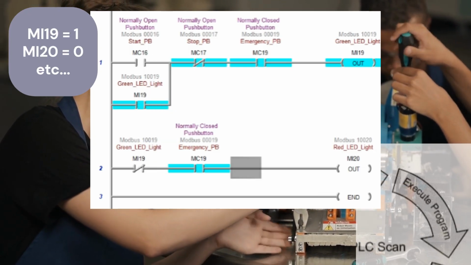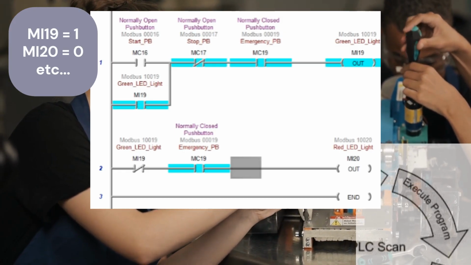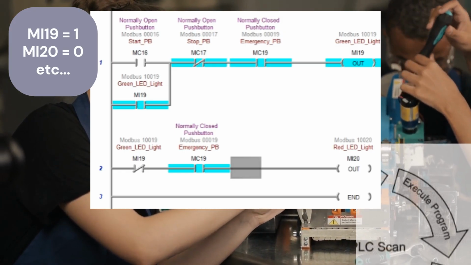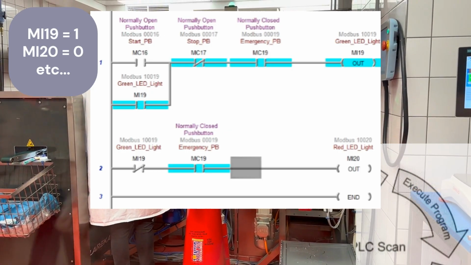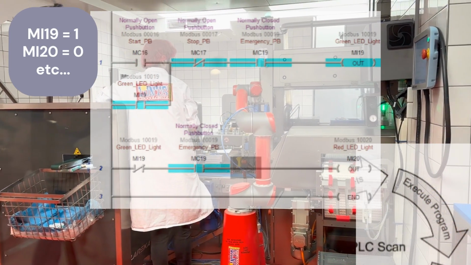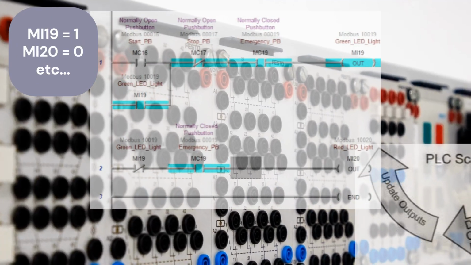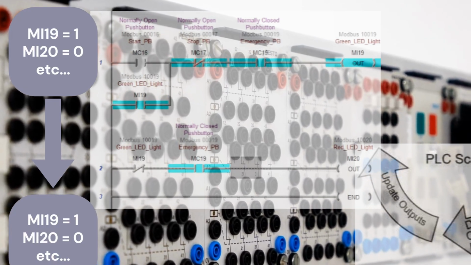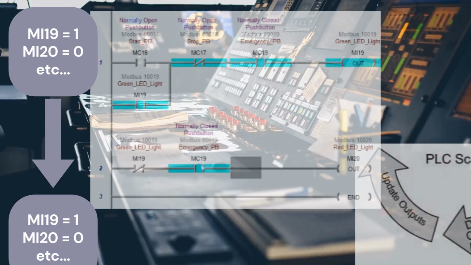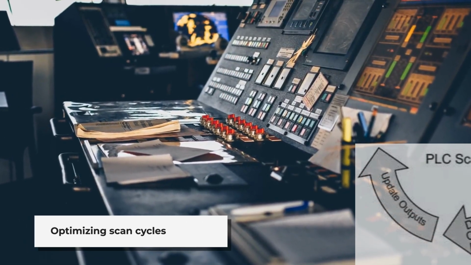As mentioned, when solving the logic, if any of the series inputs result in being negative, then the output is immediately updated in the output image table. This execution creates the fastest possible time to update, and so the scan is not normally constant. 3. Update outputs. It writes the new status to all the output devices based on the output image table results of the program execution. This entire process repeats continuously and at very high speeds, which allows for real-time control of